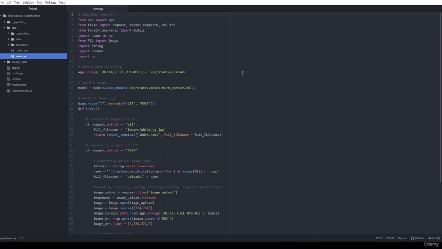The views.py file is exactly the same as the model that we have created. In this, we will import some of the required libraries. Here you can see that we have imported app from app. We have imported request, render_template and url_for from Flask. From tensorflow.keras, we will import models because we need to load the model here. Similarly, we will import NumPy for mathematical computation, PIL import Image for loading the image, and string, random and os